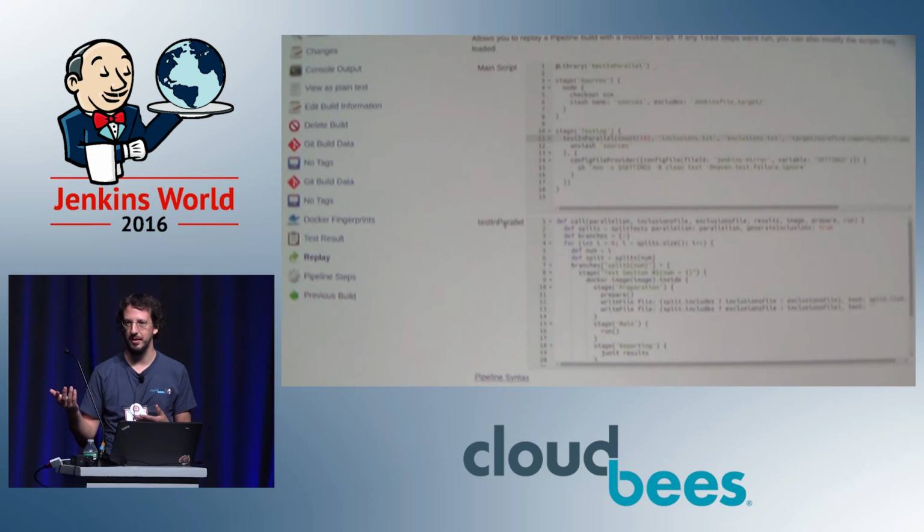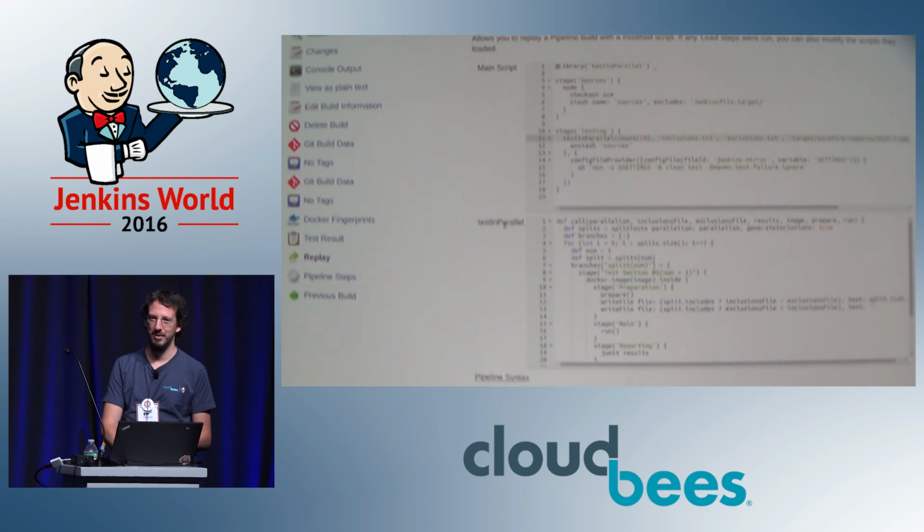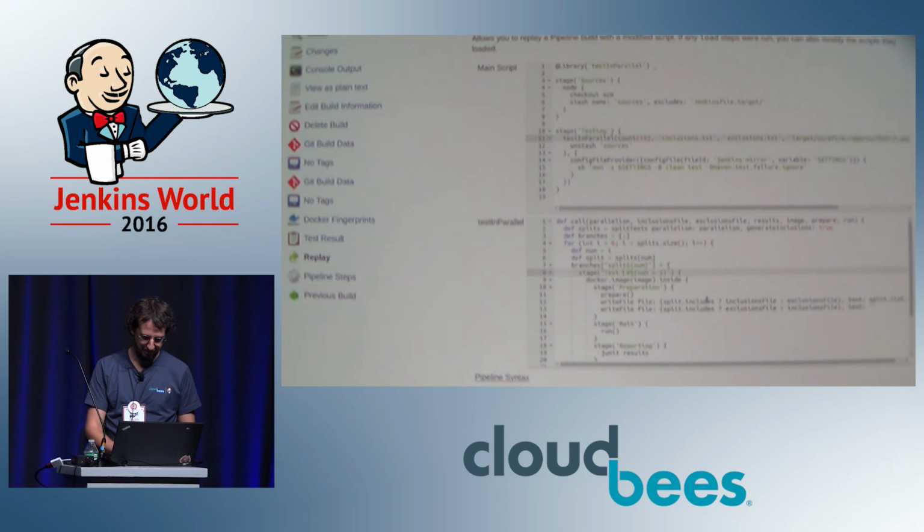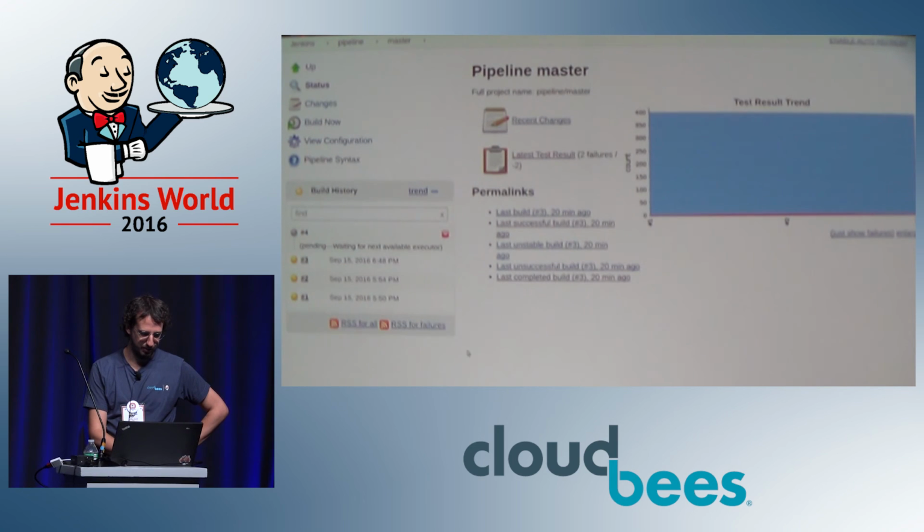This might be something that I found on GitHub that someone else maintains. I'm not going to go and fork it or try to get them to put in my untested change to it yet. I just want to see what would happen if I were to do it a little bit differently. So let's say I don't like the name of that stage. I want to call it test part something instead of test section something. So that's a pretty easy change to do. And if I click run,